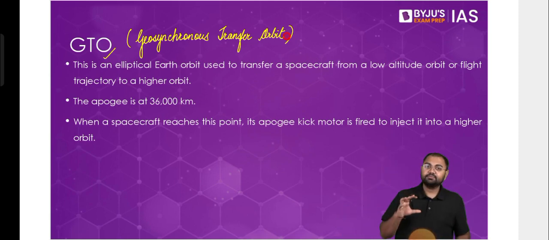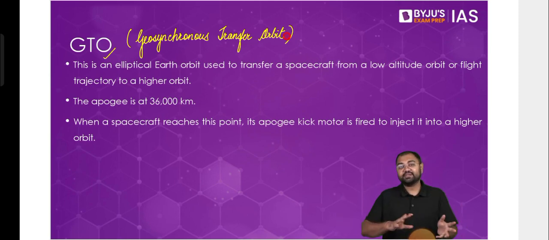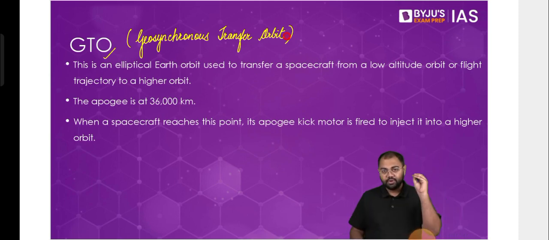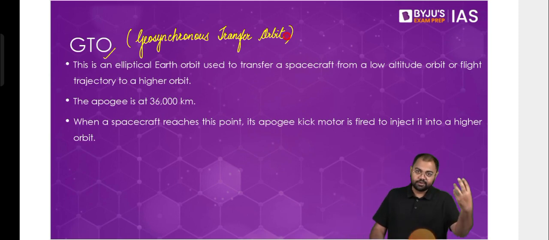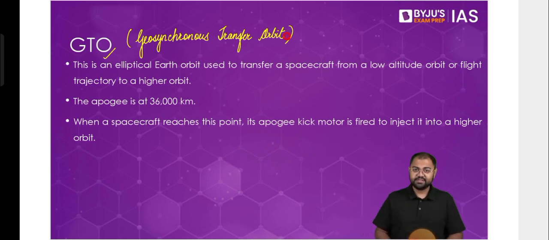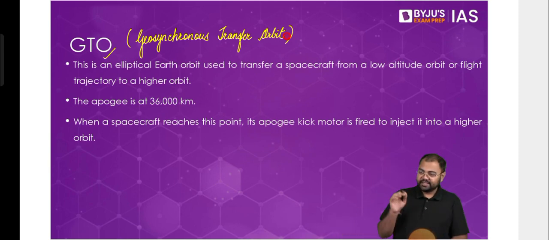Now, we know that there are some launch vehicles that are lightweight. We discussed that PSLV is used for lightweight launches, and that GSLVs are used for heavyweight launches, right? Now, in any scenario, whether it is a PSLV or a GSLV, an Indian launch vehicle or a foreign launch vehicle, the launch vehicles cannot go beyond, let's say, 2,000, 3,000 kilometers, maximum 2,000, 2,500 kilometers, and not beyond that. They can only go up to that point.